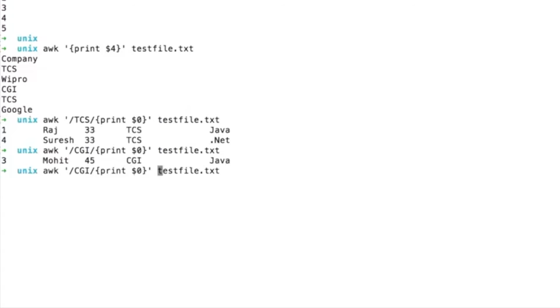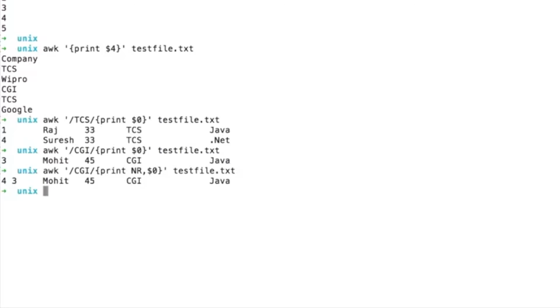Now next, we can also use some inbuilt variables. So awk has some inbuilt variables like NR. What does it mean? Let me show you. Basically, NR keeps a current count of the number of input records. If I simply type NR, capital N and R, this is a built-in variable.